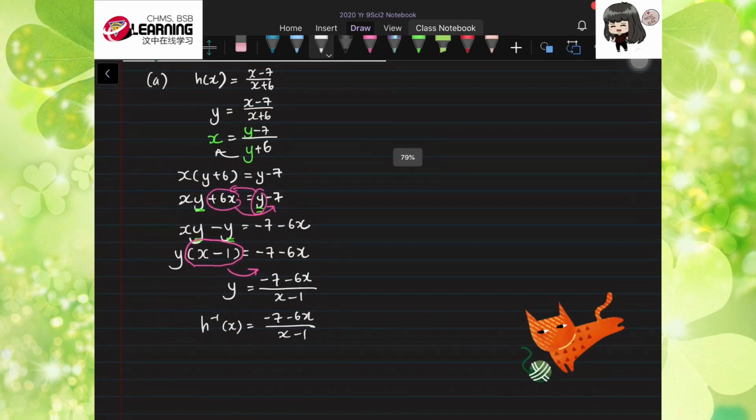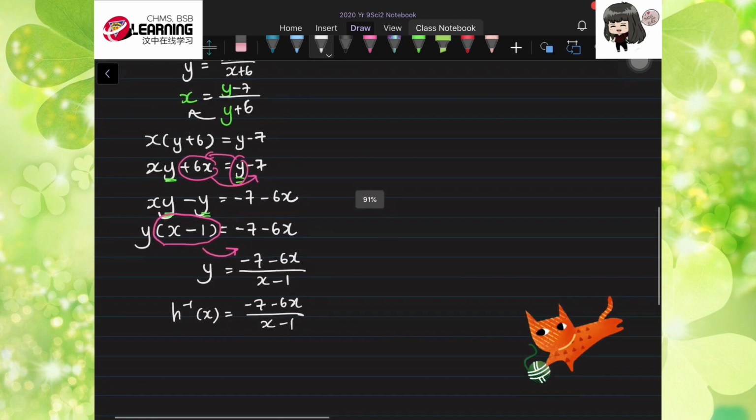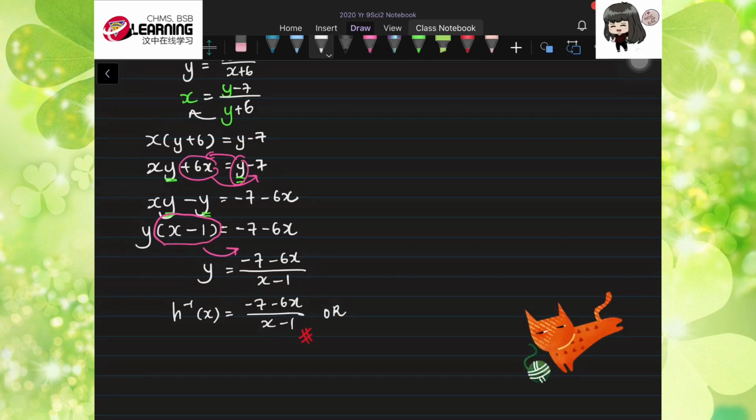Okay. You can have another answer. This one is acceptable. You can stop until here, and this is your answer. Or you can change all the signs. The negative 7 will become plus 7, which is 7. Negative 6x will become plus 6x over x, will become negative x, and negative 1 becomes plus 1. Or this one also we can accept. We can have both of these,